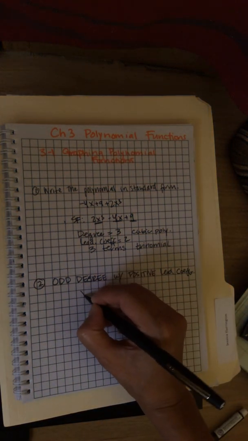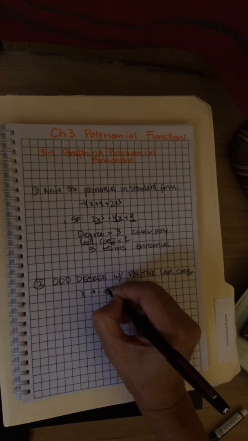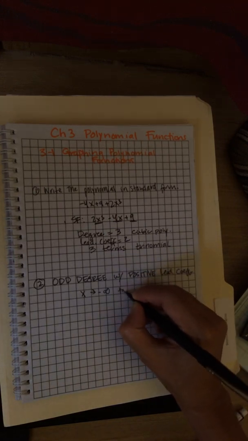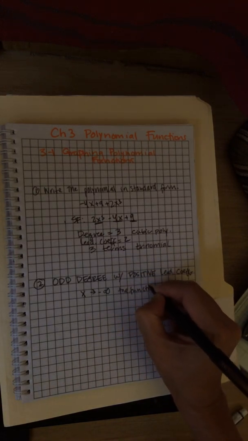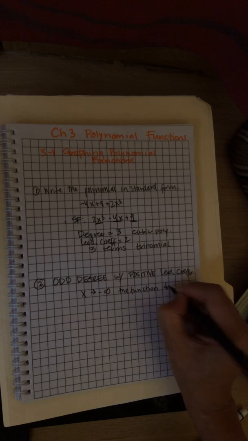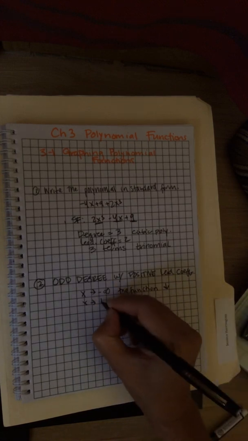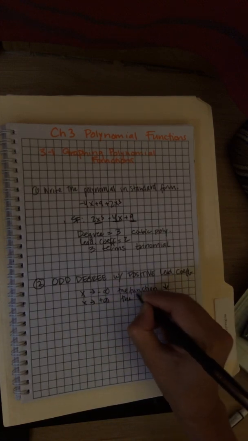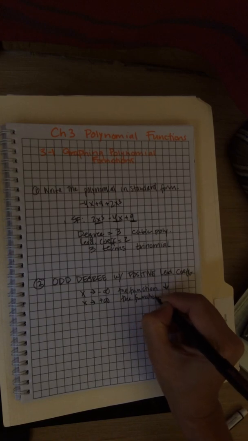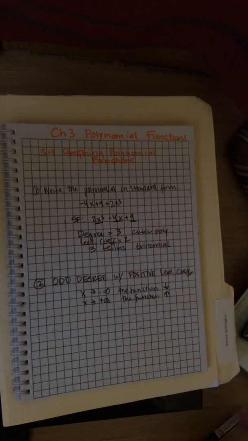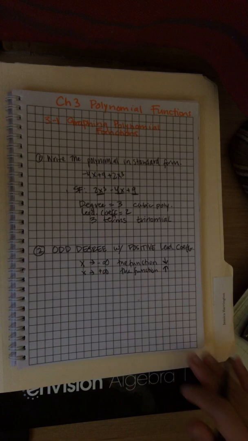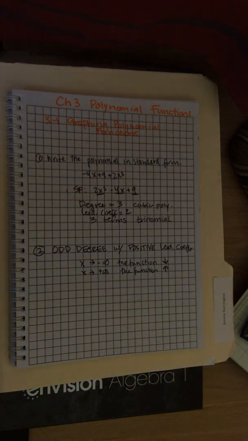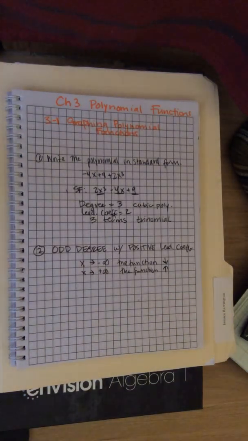So as x approaches negative infinity, the function decreases, right? And then as x approaches positive infinity, the function increases, right? So it's kind of got a positive correlation. Now I'm realizing with the lights off, it's hard to see. Okay, so now